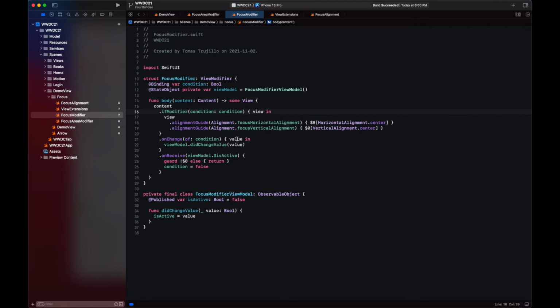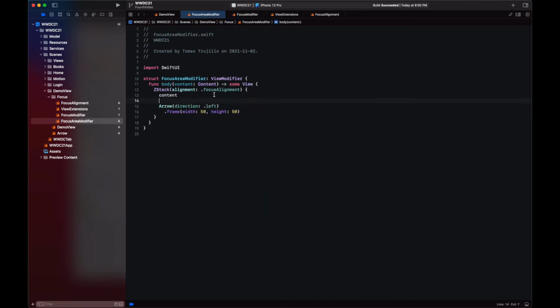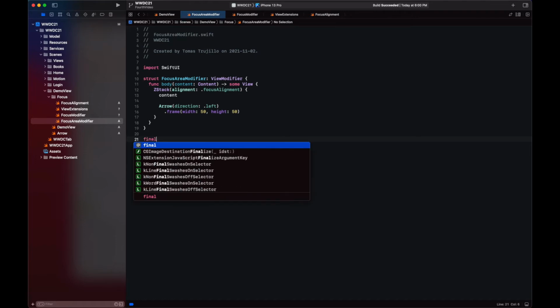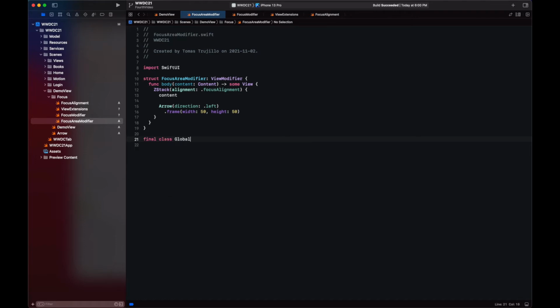Now, why are we doing this? This is because our FocusModifier is going to listen to changes from somewhere else. And when it detects some change, it will disable the current condition for this modifier. The class that is going to be responsible of notifying the FocusModifier is going to be another view model that's going to be introduced by our FocusAreaModifier, which is going to be our